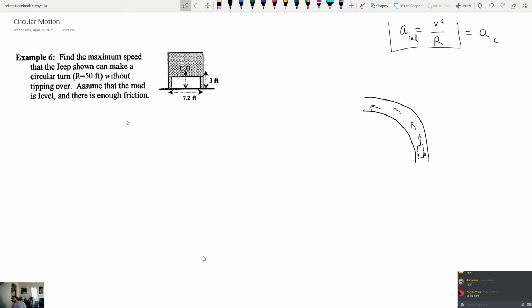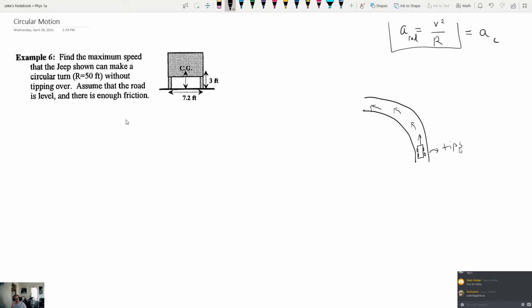Everyone's saying to the right. Does anyone think it's going to roll to the left? What's the reason that you know that's going to roll to the right? Due to inertia. Centrifugal force. I've got to be a little bit careful with that phrase, but I think that it's consistent with